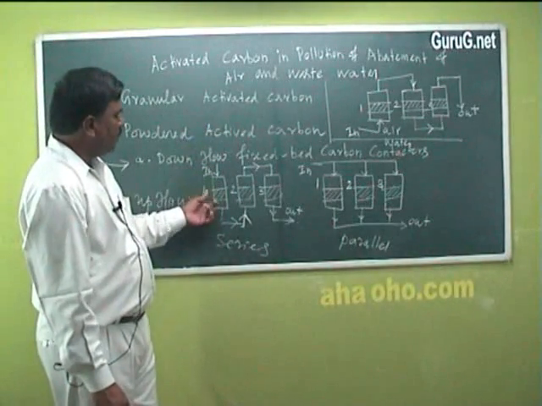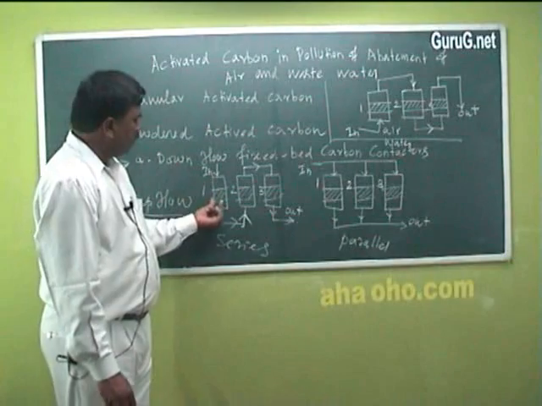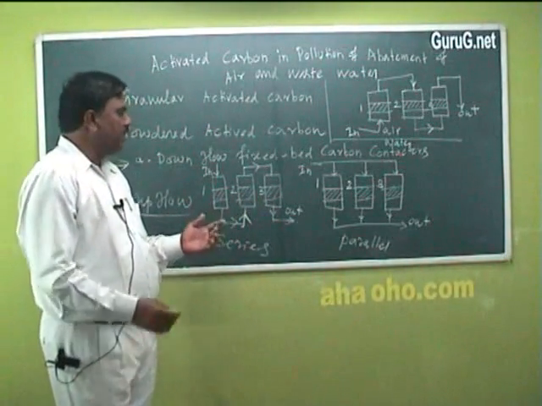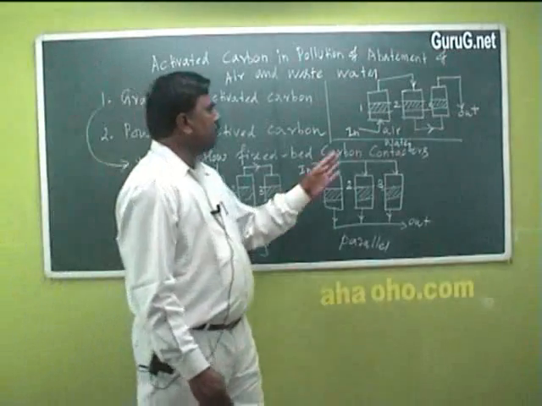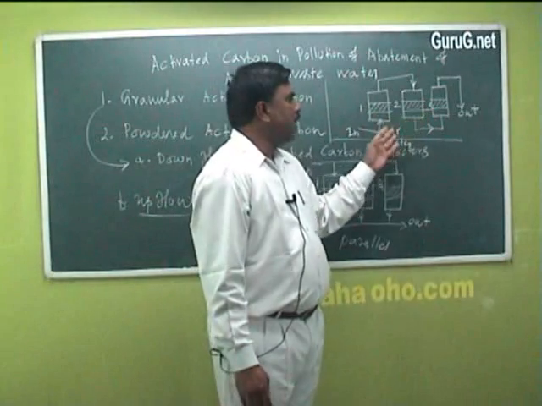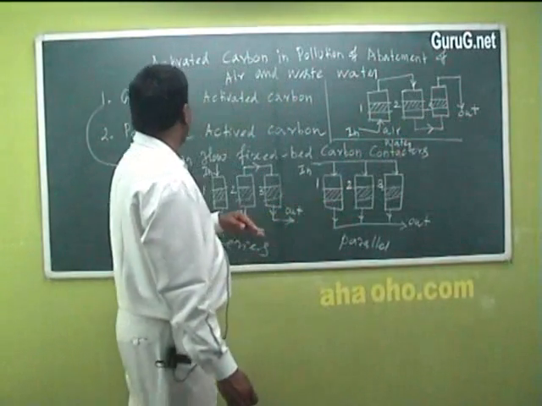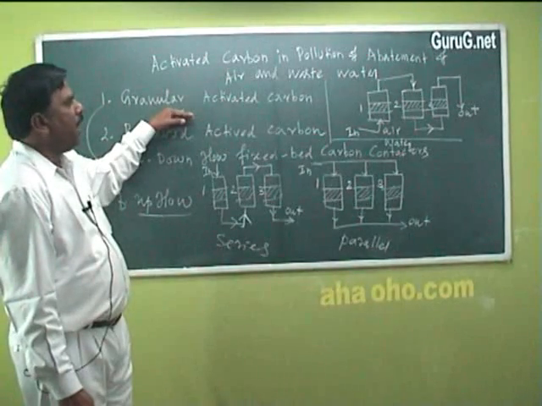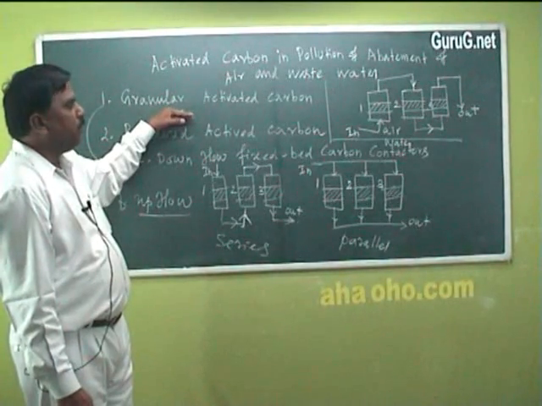Because of the downflow, the granular activated carbon present in the column easily gets filled with impurities, but here it will take a long time. The impurities are filled into this granular activated carbon. So this is the application of granular activated carbon for the removal of impurities present in